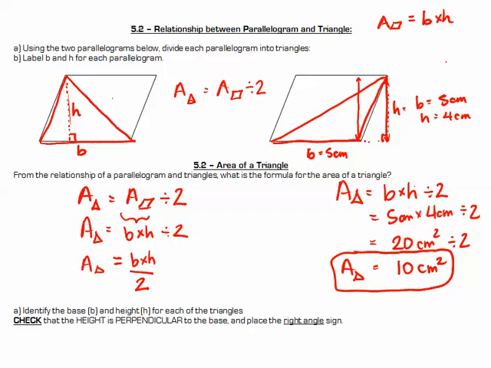So just as a recap, area of a parallelogram is base times height, but because there are two triangles in each of these parallelograms, I can do area of a parallelogram divided by 2 gives me the area of one of these triangles. We'll be doing a couple more examples in class with the actual measurements using rulers to see if we can find the areas of these triangles, and then we'll be working a little bit backwards. If we're given